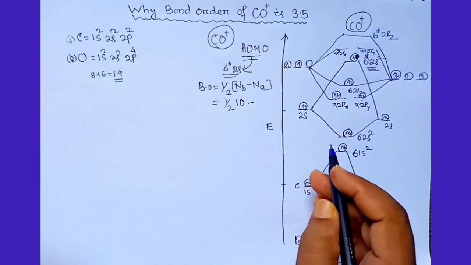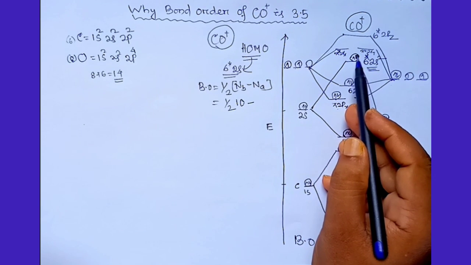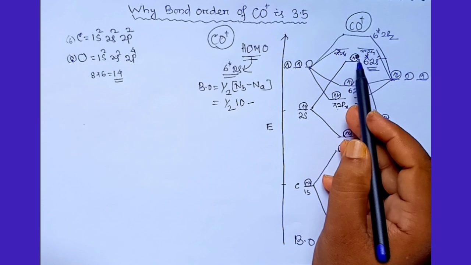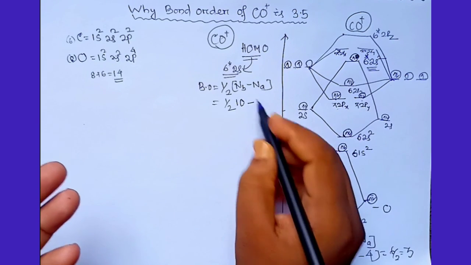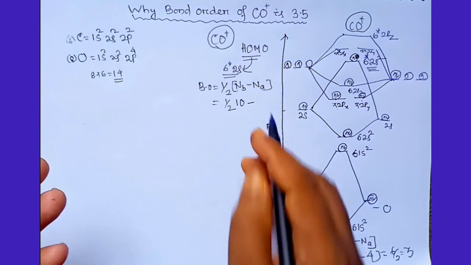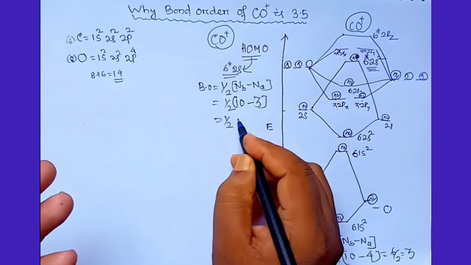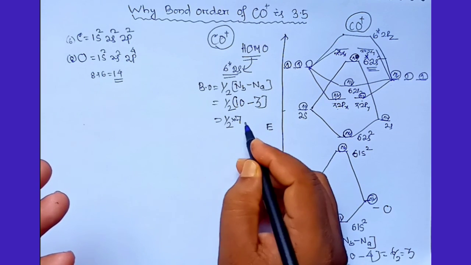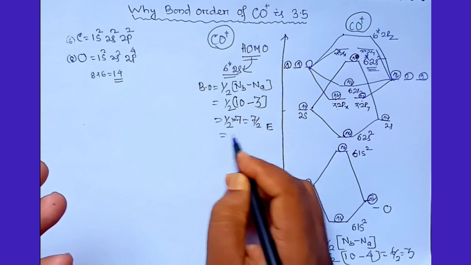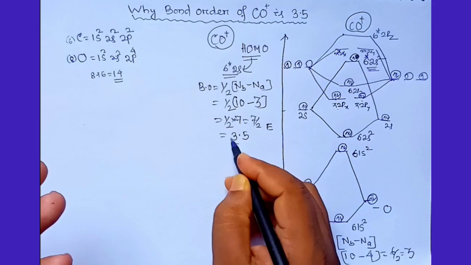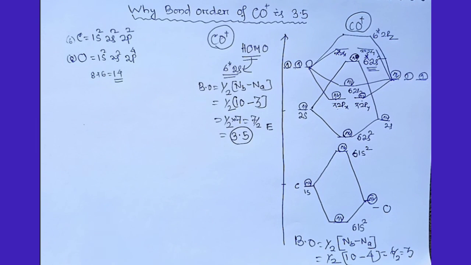Now one electron from the anti-bonding molecular orbital has been taken, so instead of 4 it becomes 3. So it will be half of 7, so 7 by 2, which becomes 3.5. So in this way we can justify